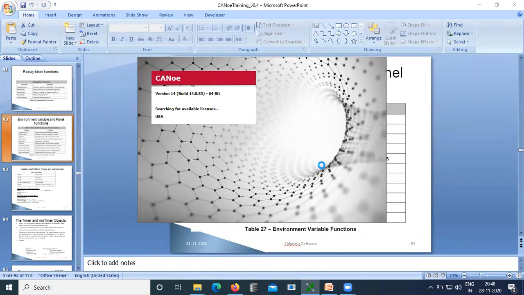Only thing is we can use them. I have created some EV variables in the past and associated those databases with the CANoe configuration. Let us see what those EV variables are, and we will write some simple CAPL programs to access them.